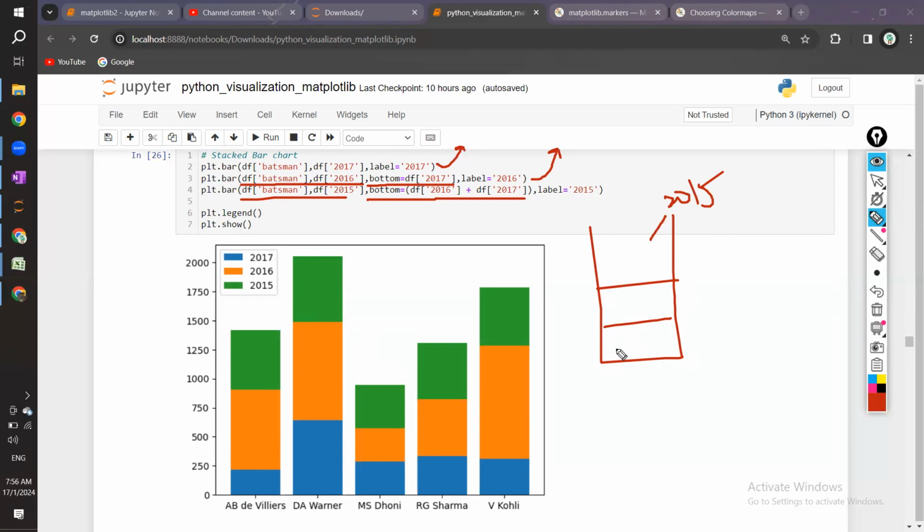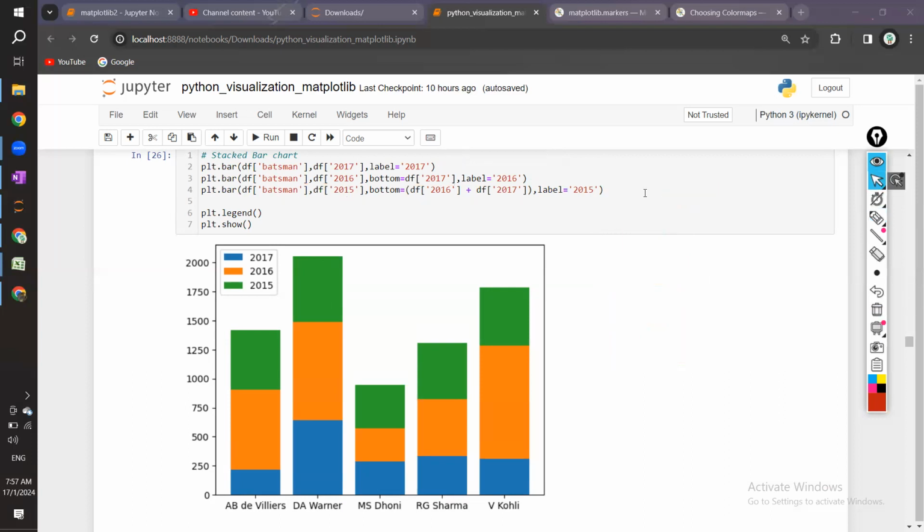So first it will fill 17. Coming to 16, it will put 2017 at the bottom, and the remaining will be filled by 2016 in the second step. When the third step comes, it will put 16 and 17 at the bottom, and on top it will go for 2015. It will do this for every column. So if I just run this,